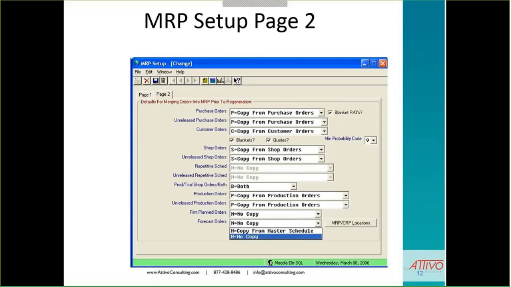So you might use 9 as the minimum, and anything that's kind of flaky, you might call it an 8 or below, and MRP will ignore those quotes. So that's important to know as well. You can also include blanket orders,